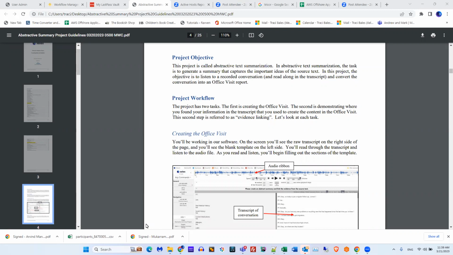So in this project, you are going to receive audio that is recorded during an active office visit, during the visit between a patient and a healthcare provider. So the audio is conversational in nature. These are not dictated audio reports. So you're going to have a conversation, and then you'll also have the text, the verbatim transcript of that conversation.